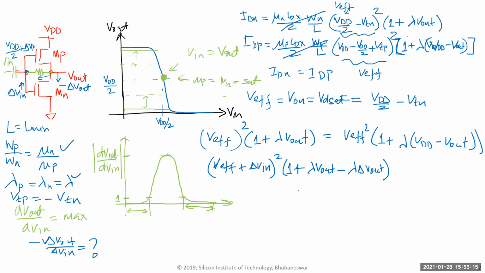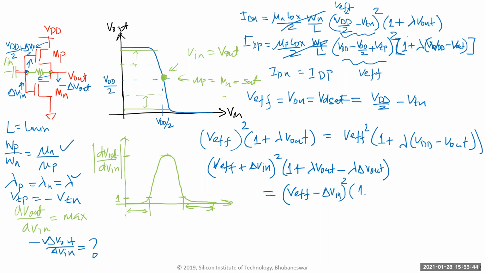And that's equal to, again, V effective, no, because it's a PMOS. So if the voltage is going up, delta VGS is going down, right? Because this delta V is going up, the delta VGS for this guy, because it's VDD minus VG, right? So if VG is going up, then the overdrive is going down. So it's minus, right? So minus delta V in